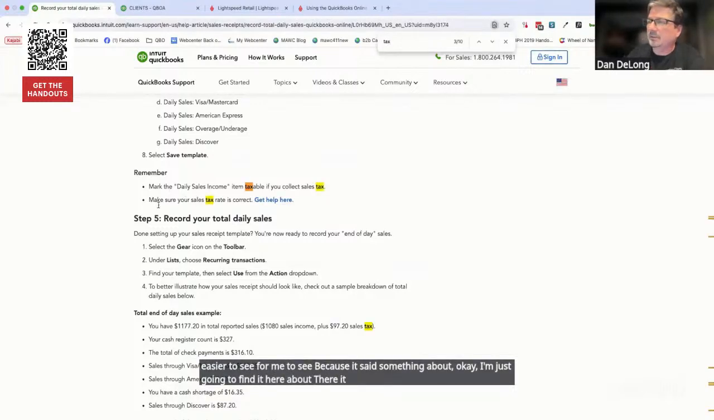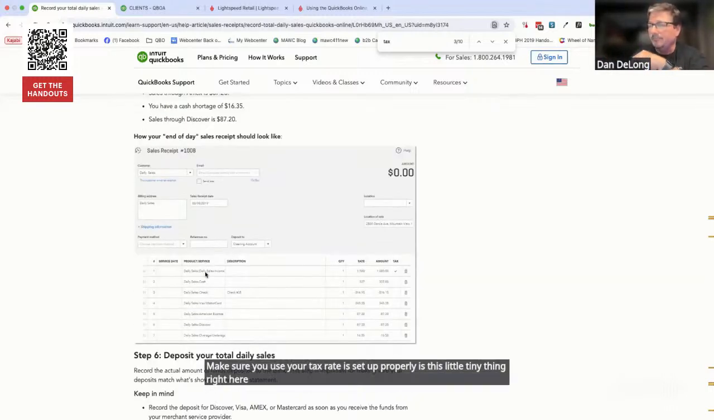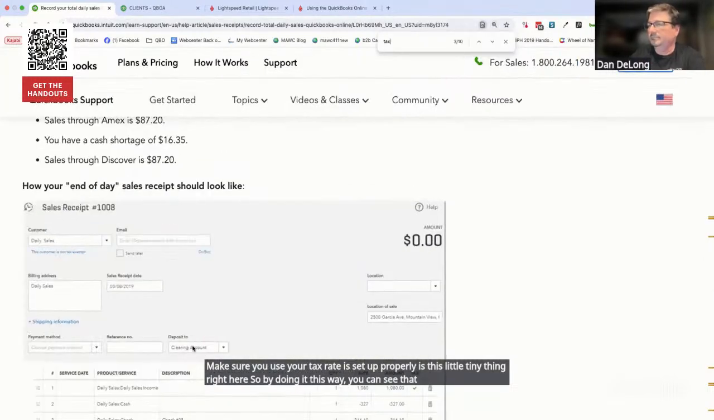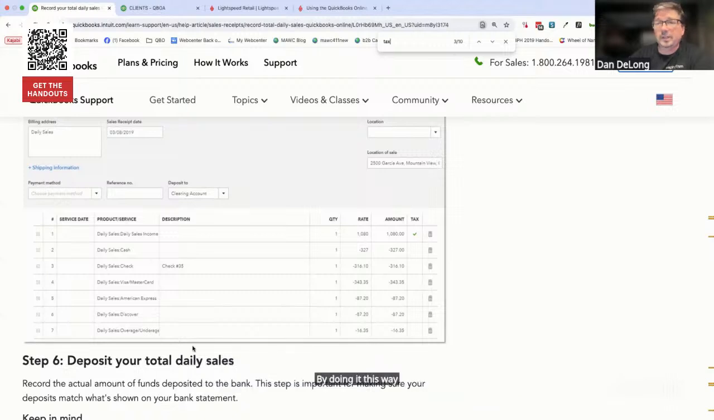Okay, yeah, it's a little blurb here. Make sure your tax rate is set up properly. It's this little tiny thing here, right? So by doing it this way, you can see that, and this is what prompted the whole topic here. By doing it this way, we have our taxable sales of this first item, and then we have negative items